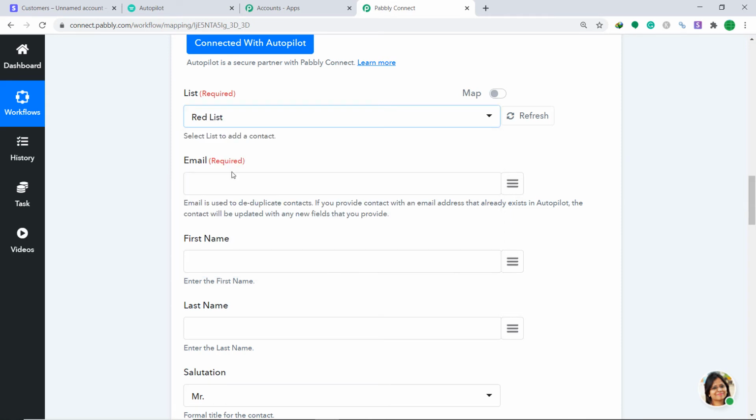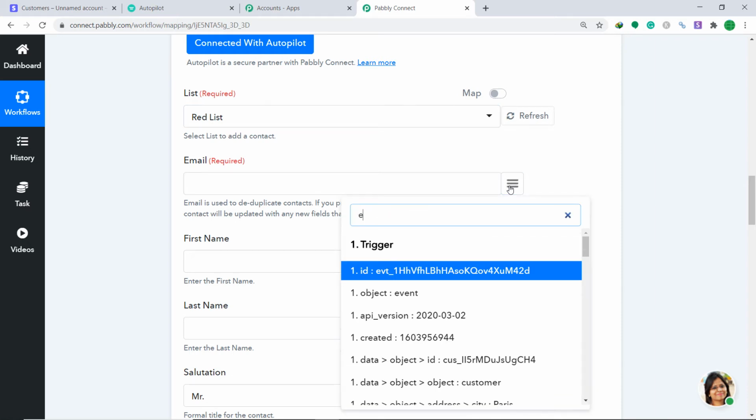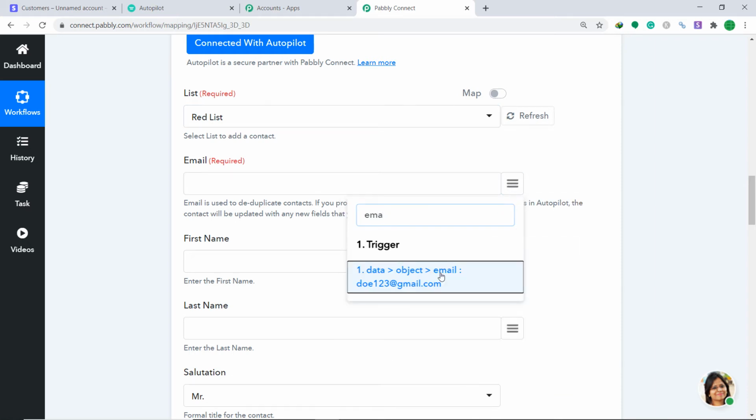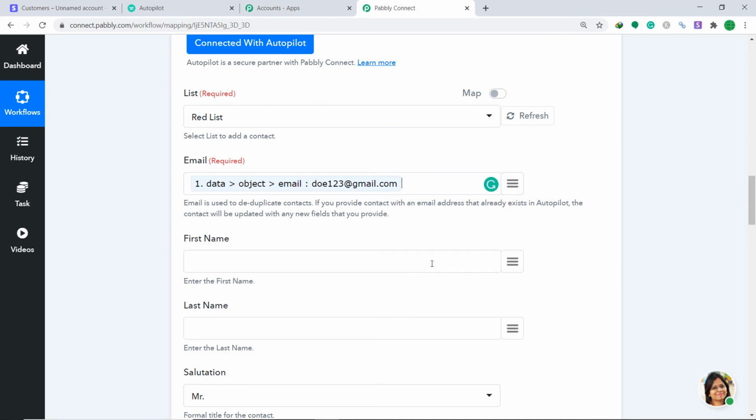So just map this. So we want to add the contact to this newly created list called the red list. So in the email, we are going to map in the email. So this button is called the mapping button. We are going to map in the detail that we have received from Stripe. So click this and type email. Yes, this is the data we received from Stripe. So this is the email